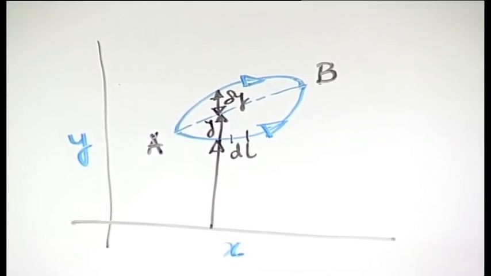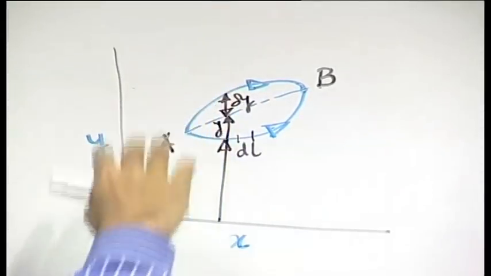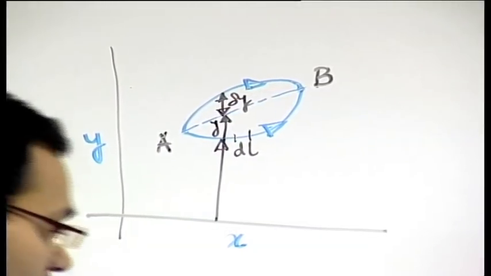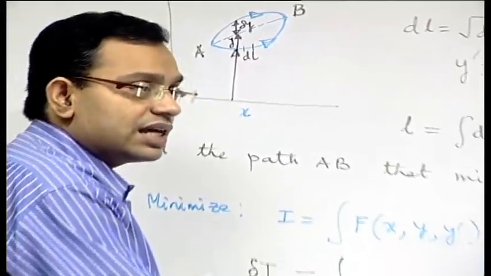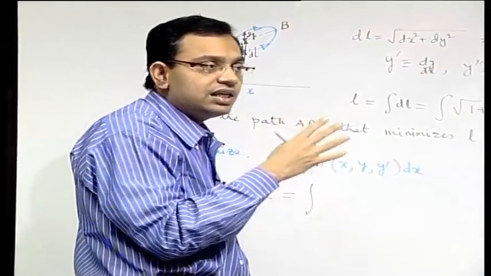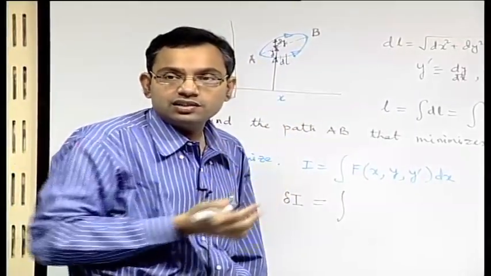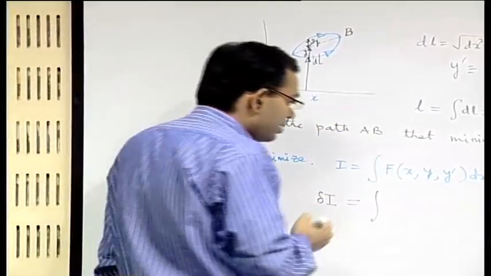So, you can have variations over y. Similarly, you can have variations over y prime, but you cannot have these variations over x, because x is the independent variable. You are changing x as per your wish and then seeing what are the corresponding variations in y and y prime. So, keeping that in mind,